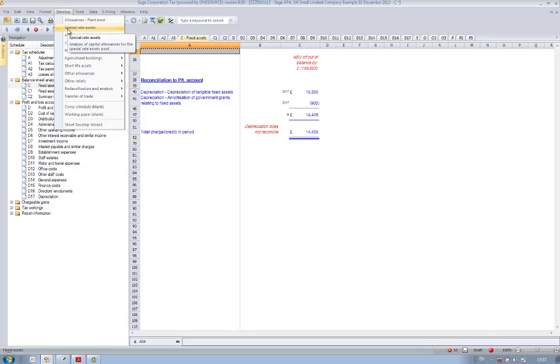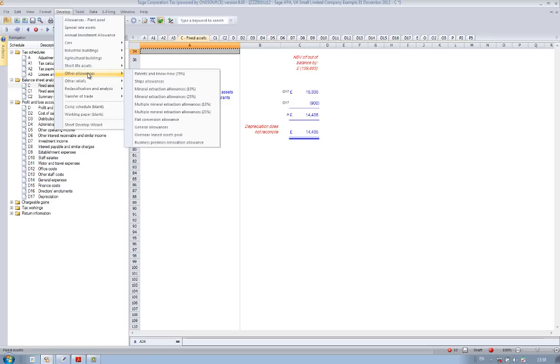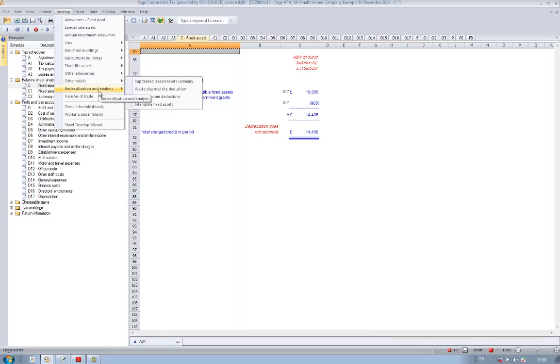So we have our general pool up here, any special rate assets, we have our annual investment allowance, we have our non-pooled cars, so used to be our expensive cars are in there. If there's more than one non-pooled car, car disposals, industrial buildings, so single site or multi-site IBAs, same with your agricultural buildings, any short life assets, and we also have an other allowances category, things such as ships, mineral extraction, and business premises renovation allowance are all contained within there. We also have another reliefs area, reclassification and analysis, if anything has been changed, and a transfer of trade, if applicable. So in our example, we require a general pool,